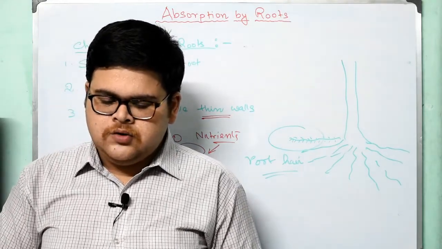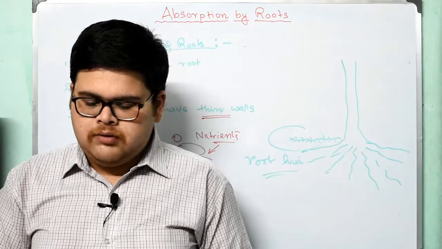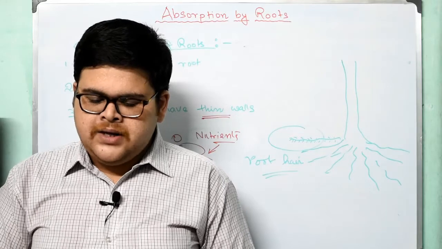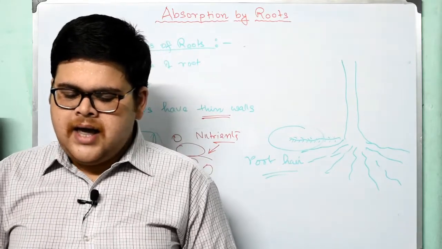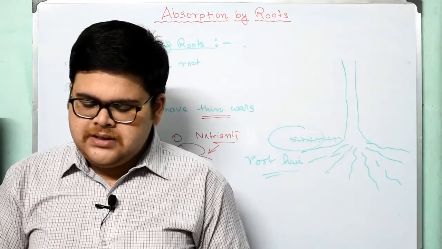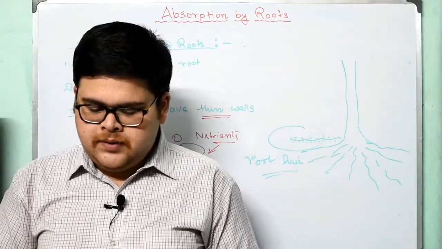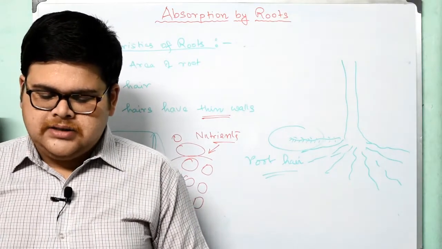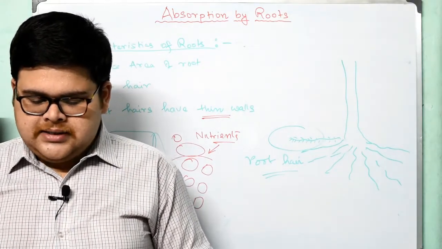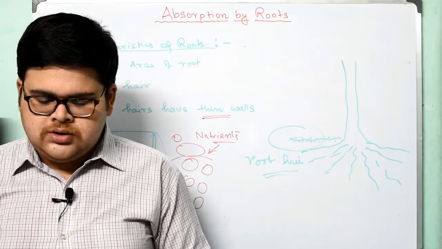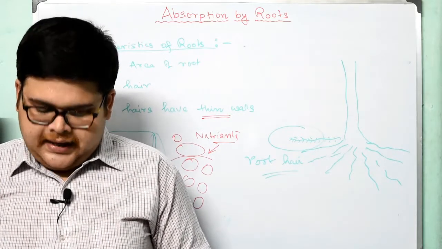Like all plant cells, root hairs also have two outer layers, a cell wall and a cell membrane. The cell wall is thin and permeable. It allows the movement of water molecules and dissolved substances freely in and out of the cell. The cell membrane is very thin and semi-permeable, which means that it allows water molecules to pass through but not the larger molecules of the dissolved salt. The secret of absorption of water from the soil by the roots lies mainly in these characteristics.